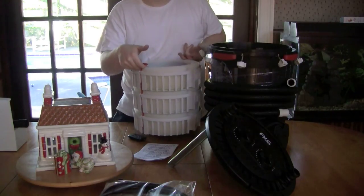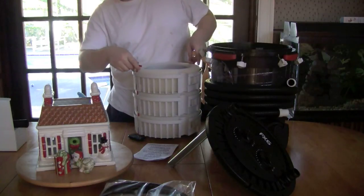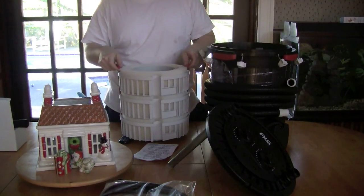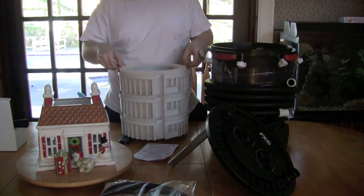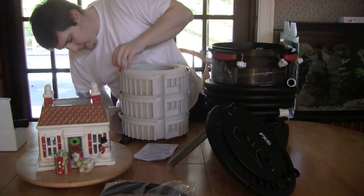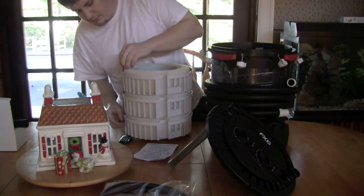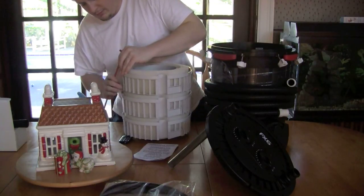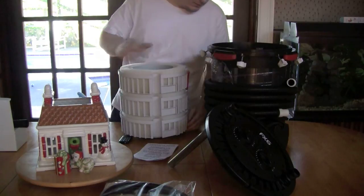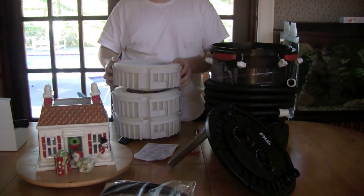When this is locked together like this, basically the trays can't be separated, but that way you can pull them out together while they're in there. But see, I believe you raise them or you lower them and they pop out. I forgot how to do it. Yeah, see here, they pop out the bottom or the top. See, I don't know if you saw how I just did that. You just push it down, and obviously it has to be out of the filter to do it, and then